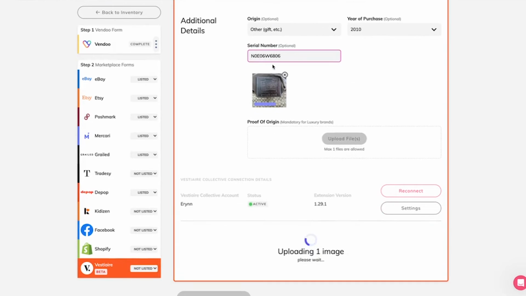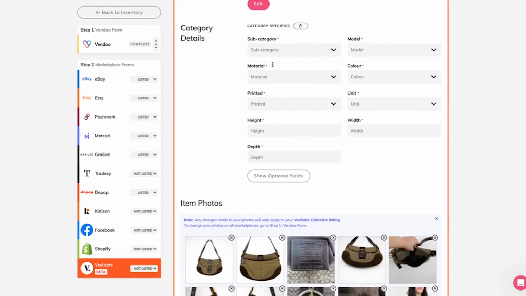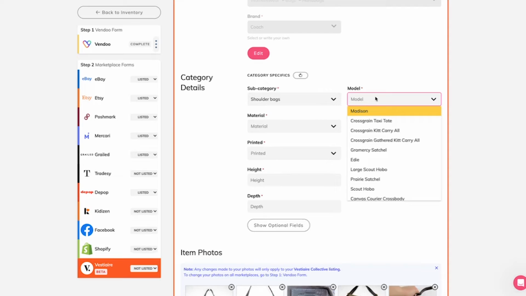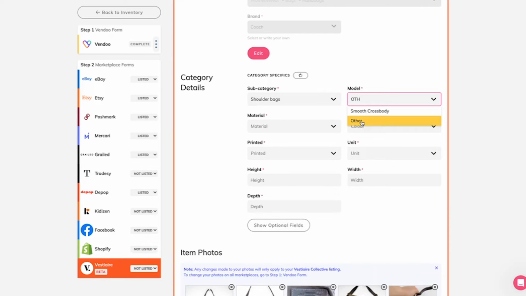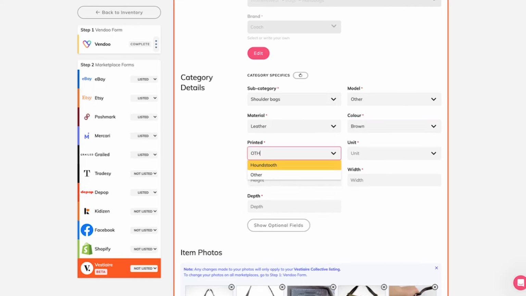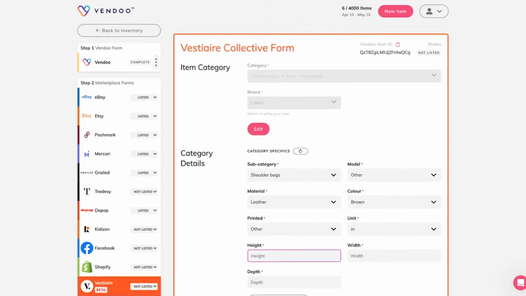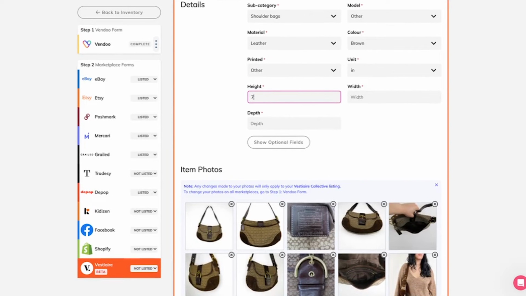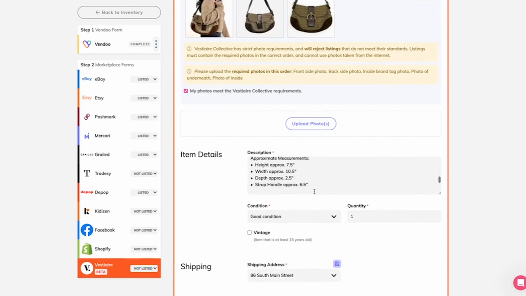Those are some of the unique fields on the Vestiaire Collective form. You will see that there is quite a bit of required information too. Now, if you are used to eBay, these requirements aren't too much at all. It's very similar to eBay in that you will need the measurements, you will need the material, you will need all of that. So I'm going to fill these out, and they auto-populate so I can kind of quickly navigate around these fields. I'm going to give my measurements in inches, and I'm going to peek at my description to find those. Height 7.5, width 10.5,